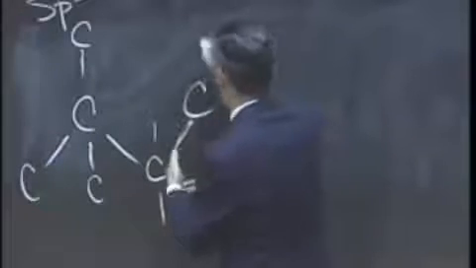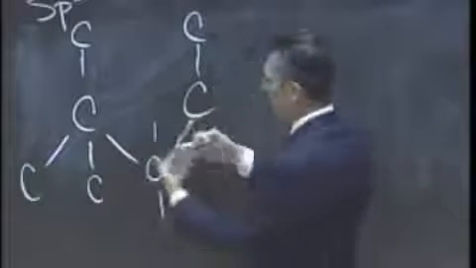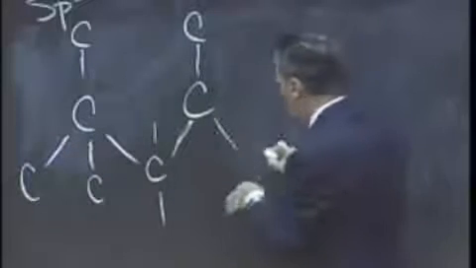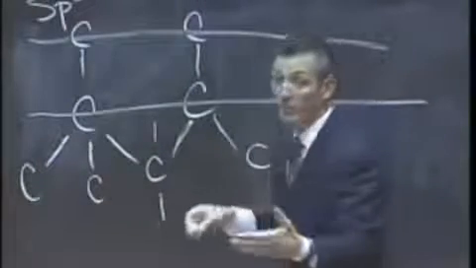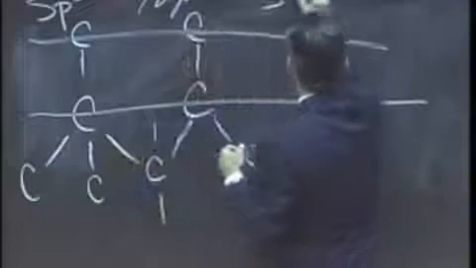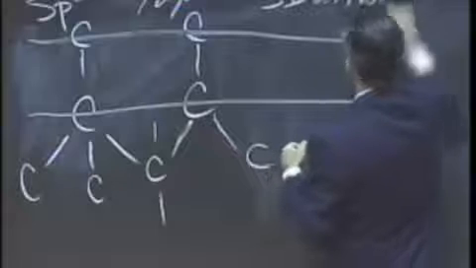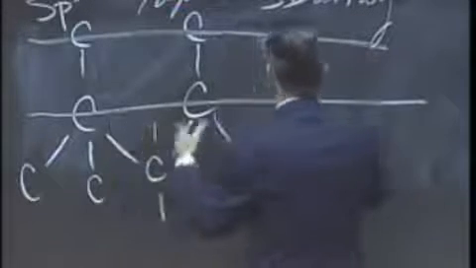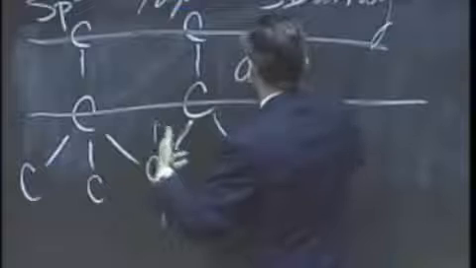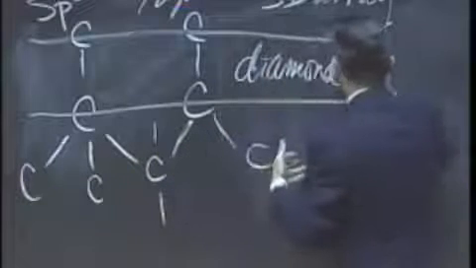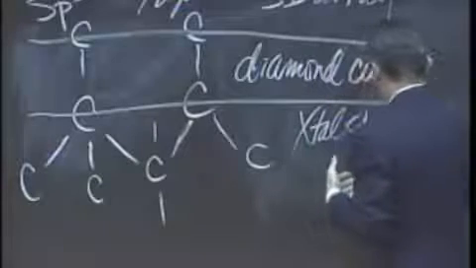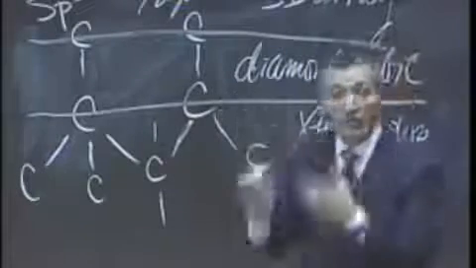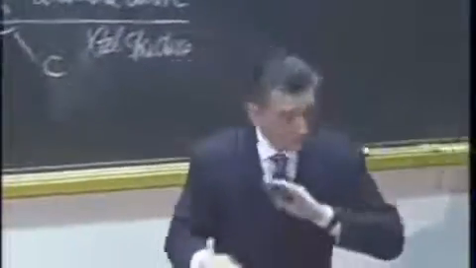Carbon here, carbon up here, and these are going in and out of the board. But I think you can see that one thing is certain: there will be regular arrays in 3 dimensions. Regular 3D array. And if you look at this from a distance, what you'll find is this is forming the diamond cubic crystal structure. In this instance, carbon is hybridized sp3. And the consequence of that is